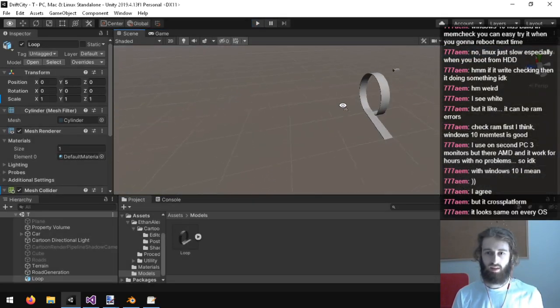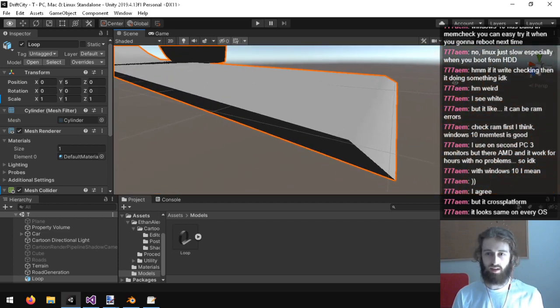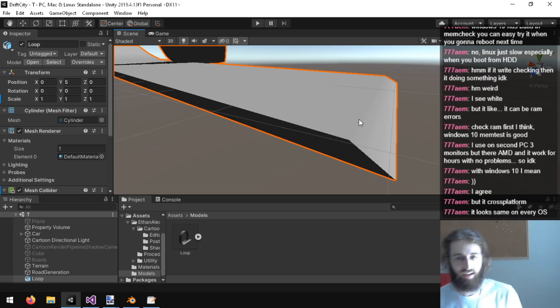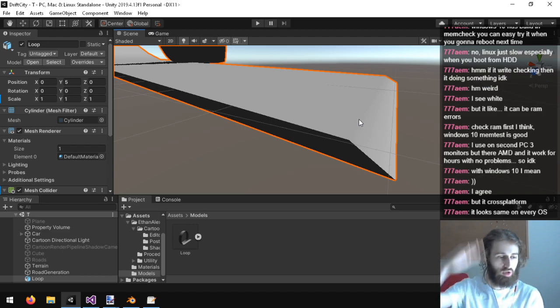Even the tiniest things, like little ledges, with the built-in physics engine, when you hit a ledge or something, it goes up like that. It gets jolted back. Whereas what you want is a smooth, dampered movement.